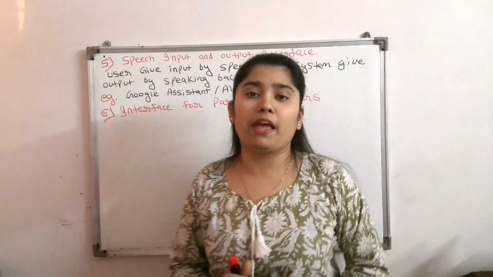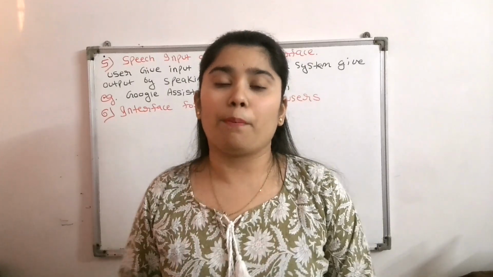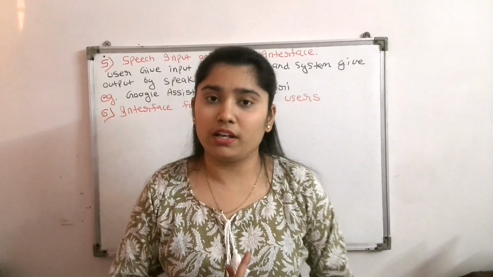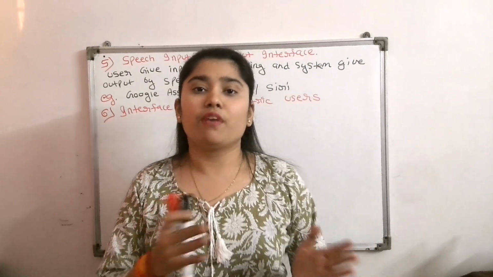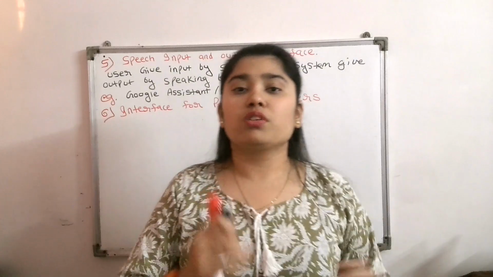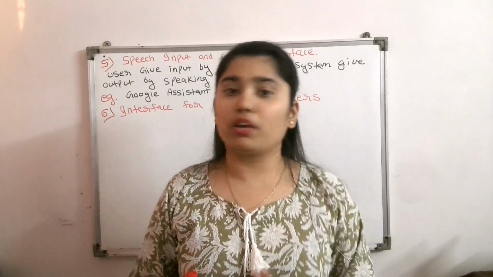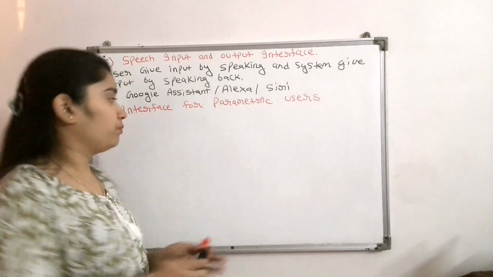Let's take another example, like the railway ticket booking system, where the IRCTC booking operator has a fixed system. First he enters the passenger details, then selects the train, selects the seat, and then confirms the booking. So they use the system repeatedly for every customer. I hope you are clear with the interface for parametric users also. Let's write it here.